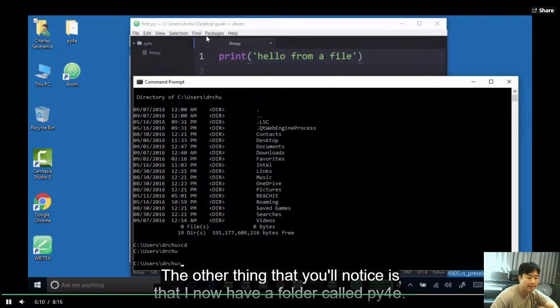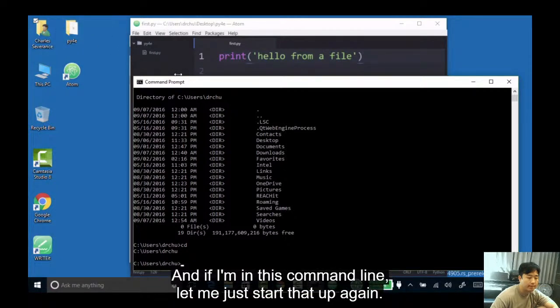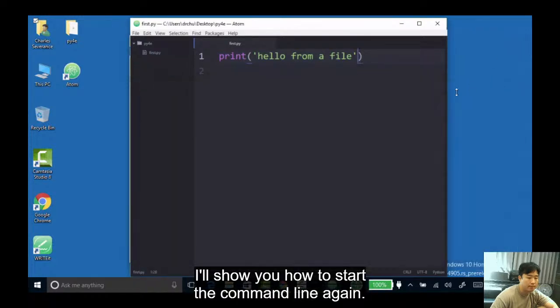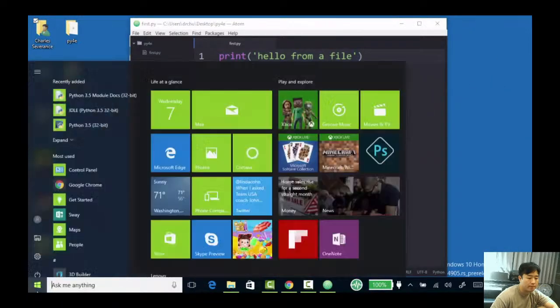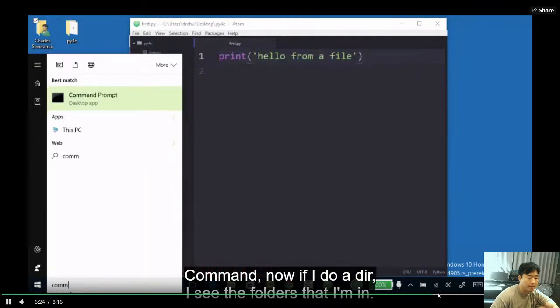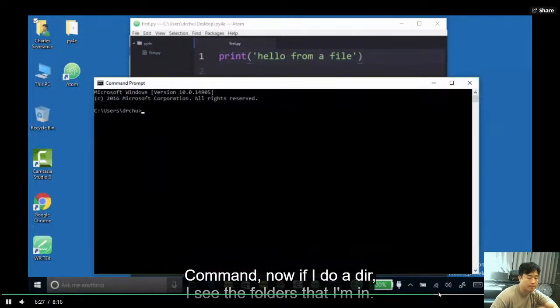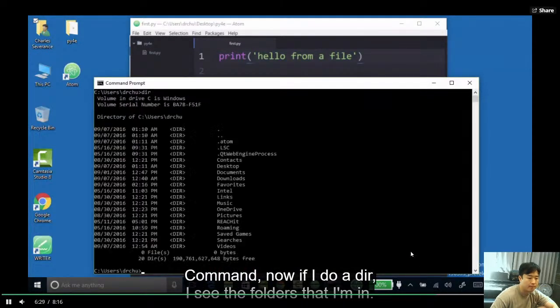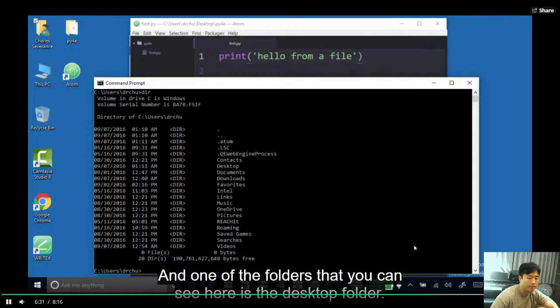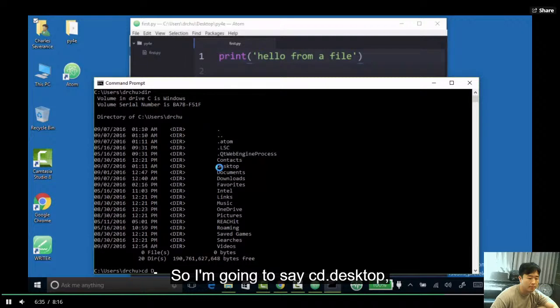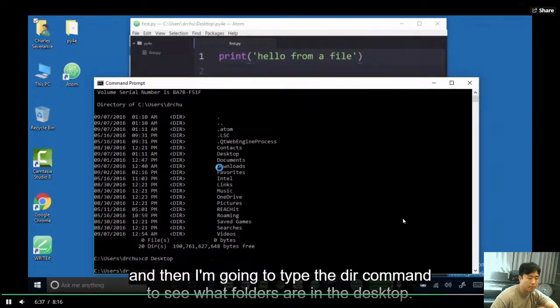The other thing that you'll notice is that I now have a folder called py4e. And if I'm in this command line, let me just start that up again. Let me show you how to start the command line again. Now, if I do a dir, I see the folders that I'm in. And one of the folders that you can see here is the desktop folder. So I'm going to say CD desktop. And then